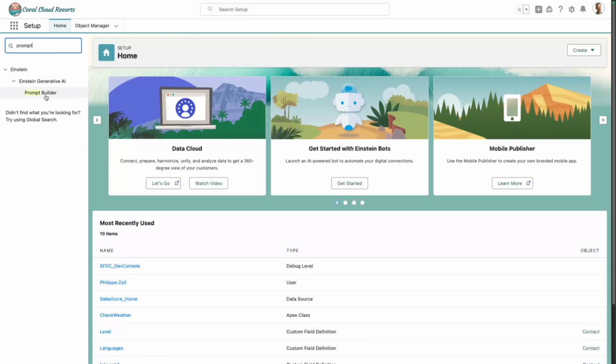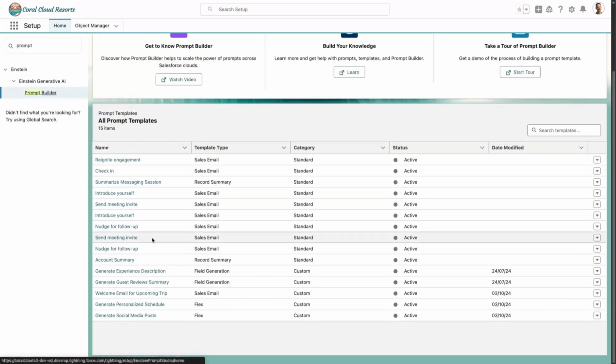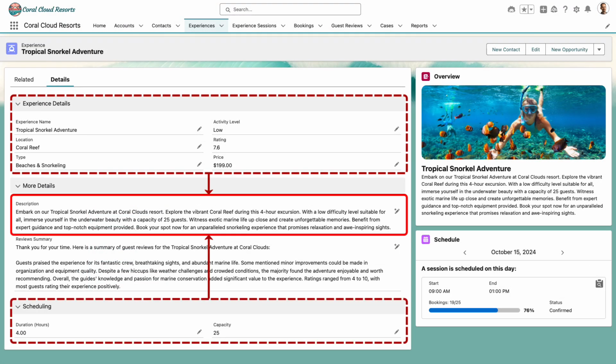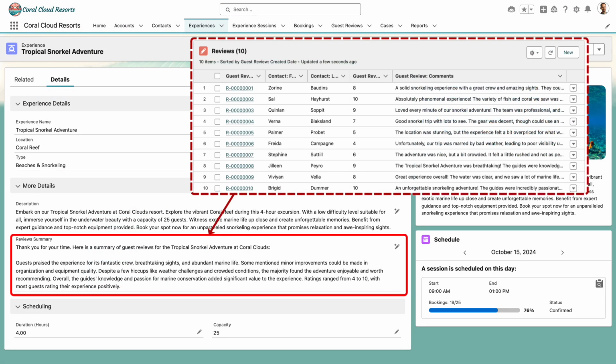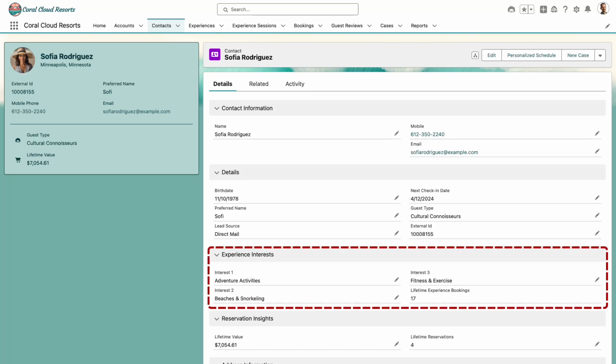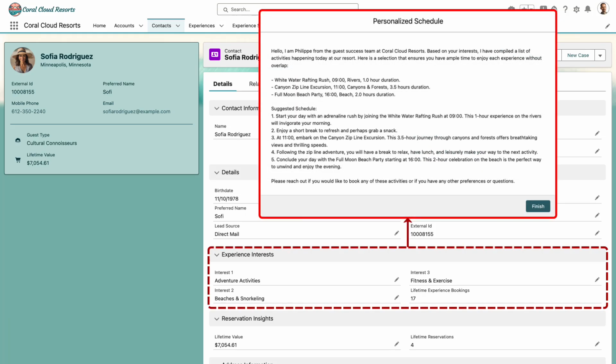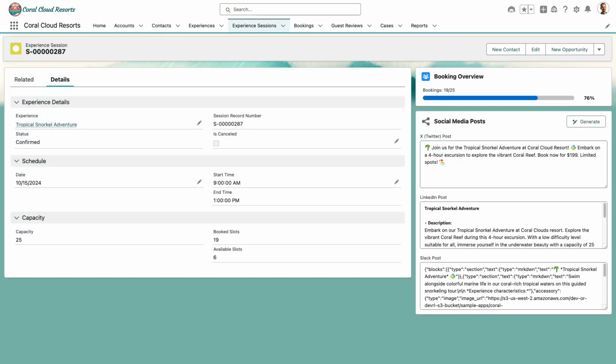Prompts let you call a large language model, or LLM, by grounding your instructions with Salesforce data. We use Prompt Builder to manage prompts. Here we can see a mix of standard and custom prompts. The Coral Cloud app demonstrates several interesting use cases for custom prompts, such as generating experience descriptions, summarizing customer reviews, generating personalized schedules based on guests' interests, and finally generating social media posts for a session like we just saw